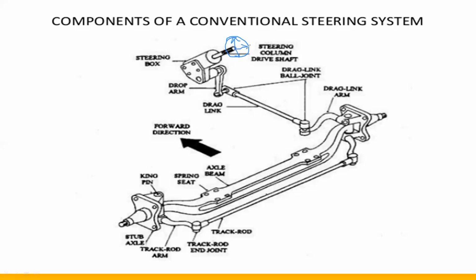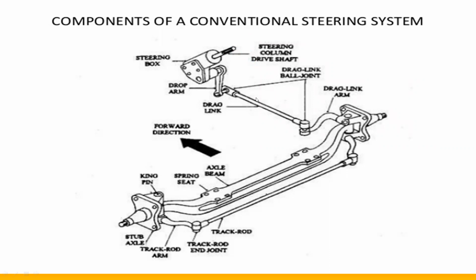The steering wheel rotates in a clockwise or anti-clockwise direction. That is rotary motion, and the rotary motion is converted into angular motion. In that motion conversion, we use different types of gears in the steering gearbox. Those steering gears were already discussed in yesterday's class. Today we will see what the drop arm and drag link are, what the steering wheel is, and what the different types of linkages are.